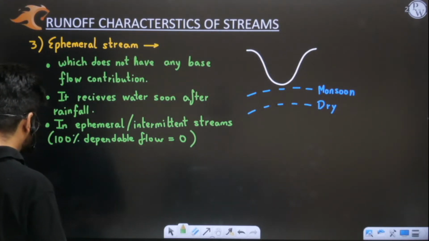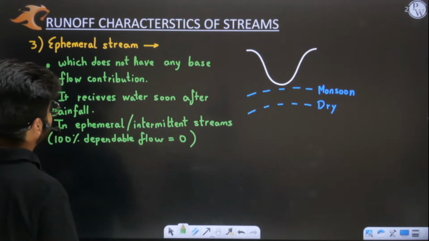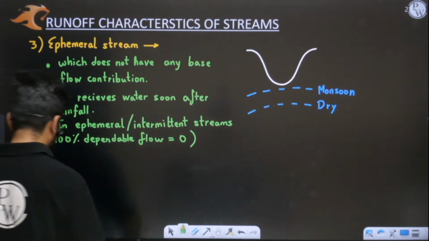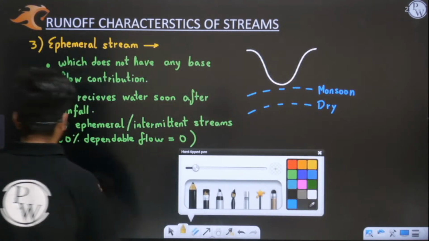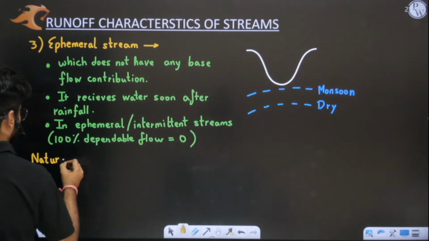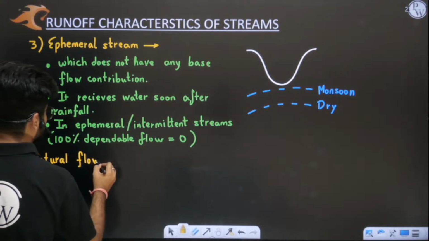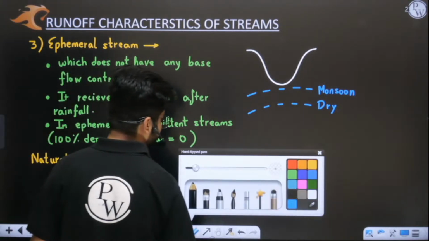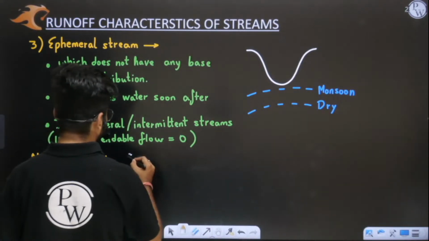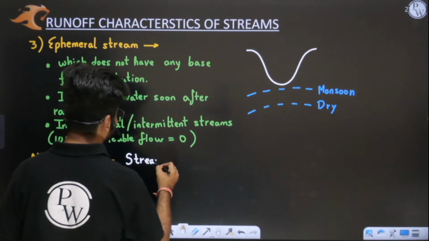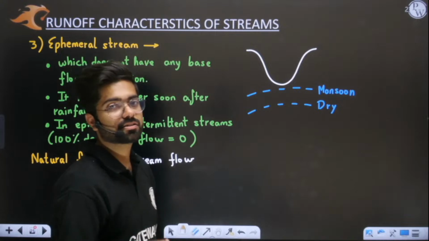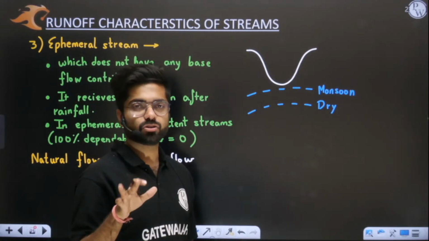Okay, now we have clearly understood the definitions of perennial, intermittent and ephemeral. Now we'll try to understand what natural flow is. Okay, now I will write the definition of natural flow here. See, these days you will see that natural flow is not there, because whatever stream flow is there, if that stream flow is uninterrupted by man-made works,